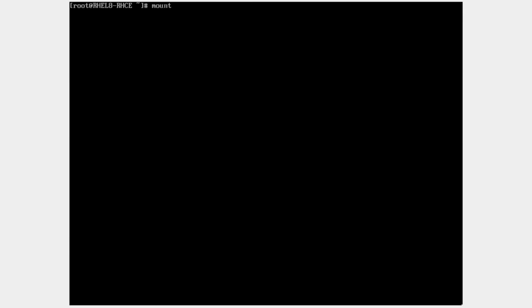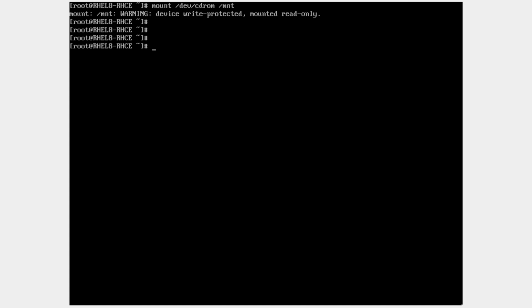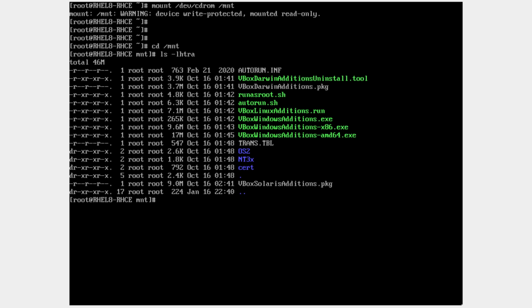Now we're going to mount the Guest Additions ISO, so mount /dev/cdrom and then /mnt, mounting as read only, that's fine. So now we're going to go and execute the installer, so just do cd /mnt. Let's have a look at what we got here. Yep, that looks good. So now we just need to execute that file, so we'll just run it like this,